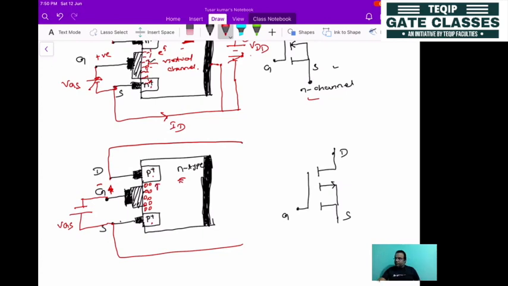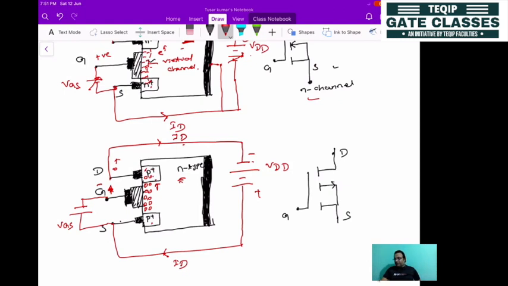If the holes are moving from source to drain, then here you have to put a negative potential. So this is negative, positive, negative, positive. If you apply this potential, this is negative, this is the positive value of VDD. It will allow this negative terminal to attract all the holes here, and holes will be moving in this direction. And holes moving in this direction means obviously the current will also be going in this direction, exactly opposite compared to the N channel.